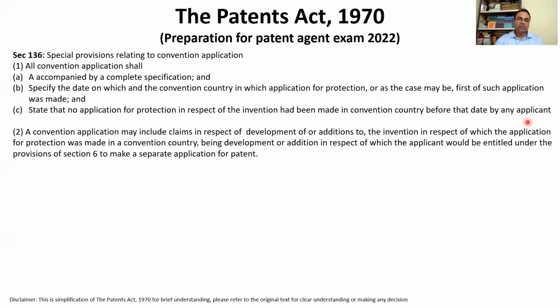A convention application may include... So can anyone state which number that is? I just want to check your preparation level. 64. I'm also opening. You also open. Which is that under 64 says that it can be revoked? Section 64. Which is that number?